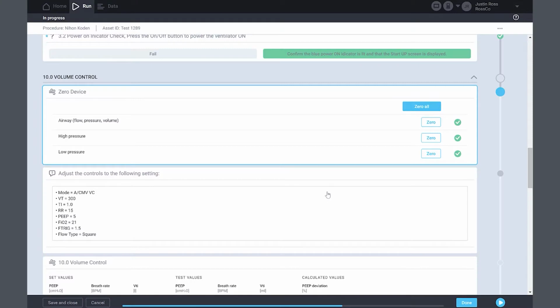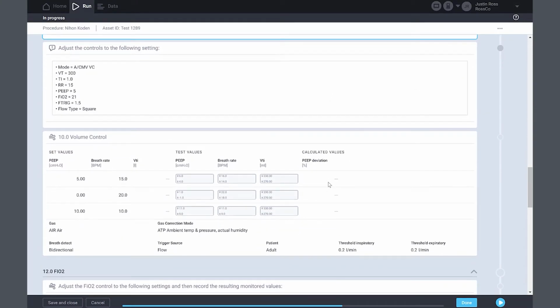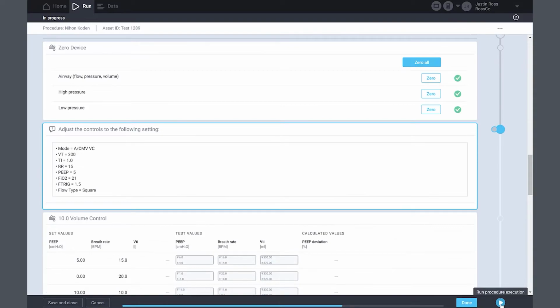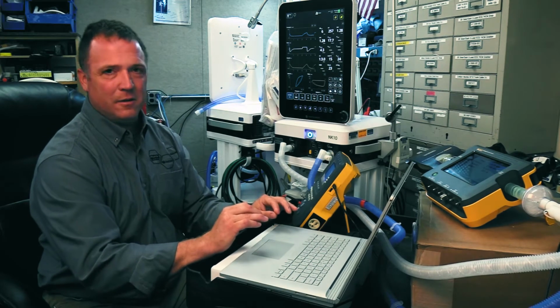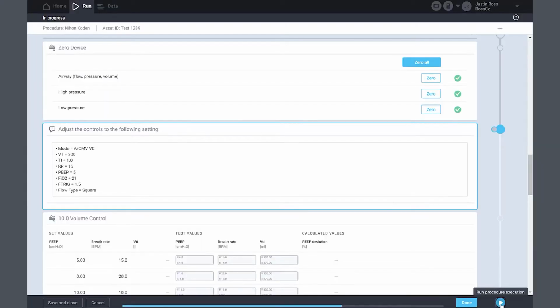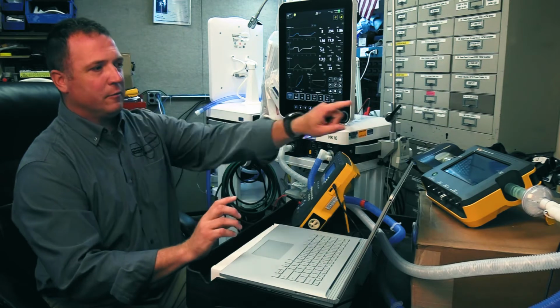So I followed my instructions, and now this is running. And what I'm going to do is I'm going to go ahead and press the play button down here at the bottom of 1QA. Again, I am touching nothing on the VT900A. Press again to get to the next step. Now it's in remote control mode.